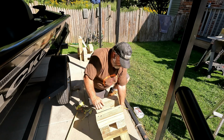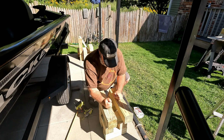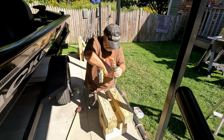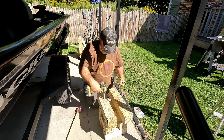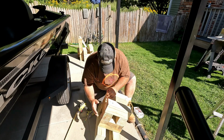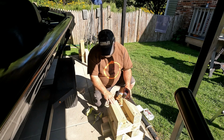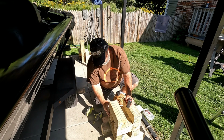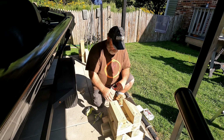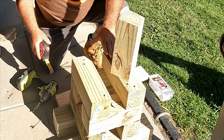All right, I'm going to go ahead and flip it over and add some screws here. All right, so now we're 4 tiers tall. We have the bottom skids, and then we have 3 tiers of the 10.5-inch beams here. And so what I'm going to do is put uprights on top of this,